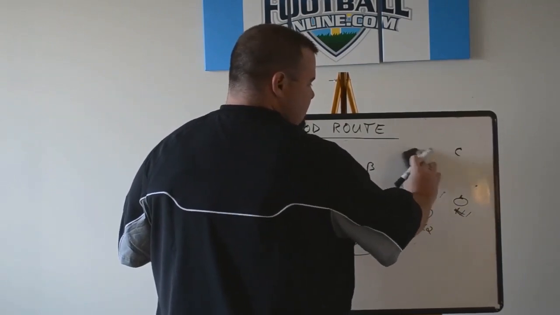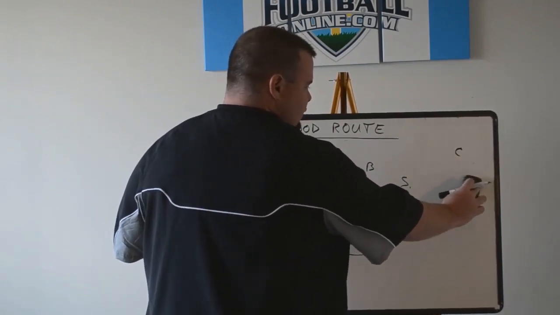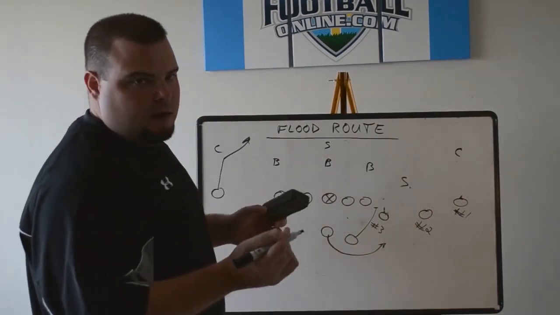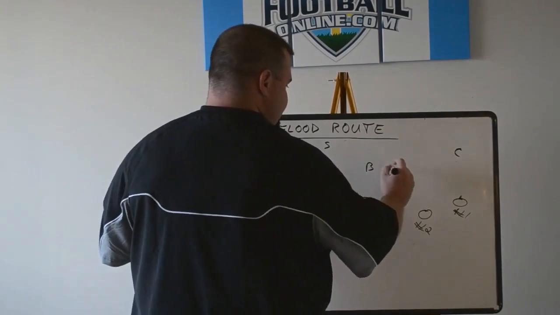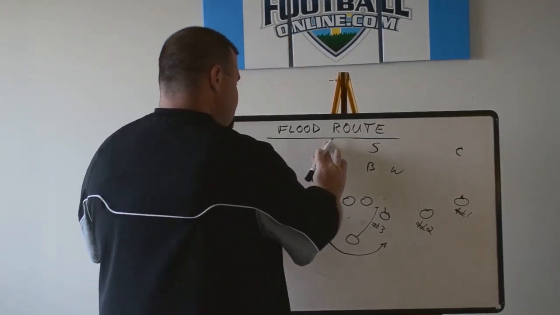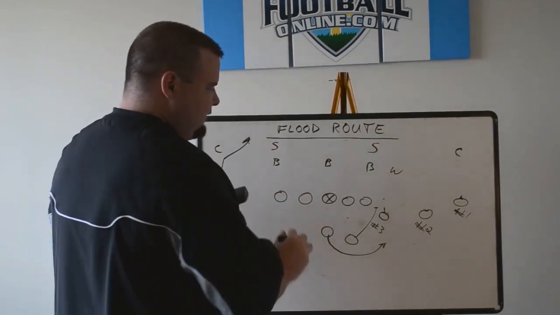If you see cover 4, you're going to hit the arrow every time. We're not going to draw that one up because the flat's going to be vacated by cover 4. Simple way to beat it. But if we get cover 2,